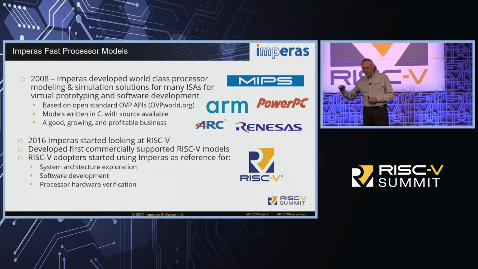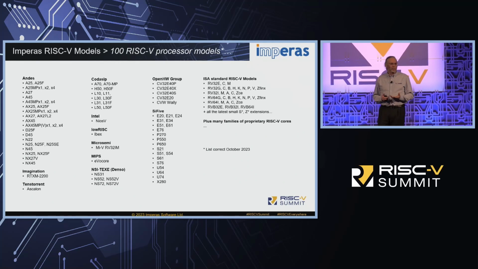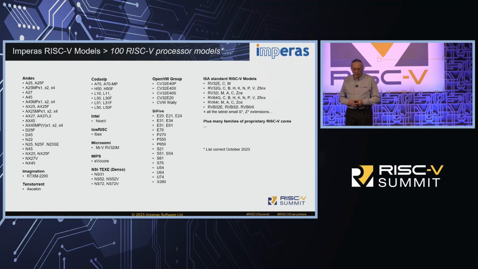People are using them for architectural exploration, for software development, and for verification. And we have a lot of different models. We work with a lot of different people. These are some of the models available publicly, and I don't expect you to see them all. You can go and look at our websites and see what there is for the different IP providers that we work with, on the left there. And top right, we support all of the different bits of the RISC-V standard, and in some cases we've been the first simulation of some of the earlier not-yet-ratified standards.